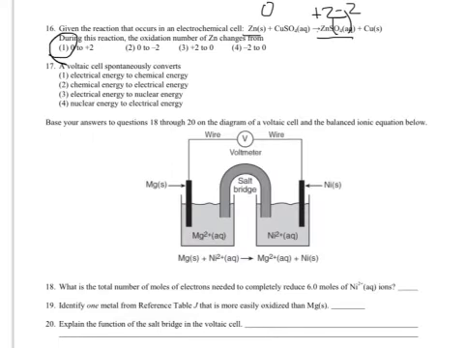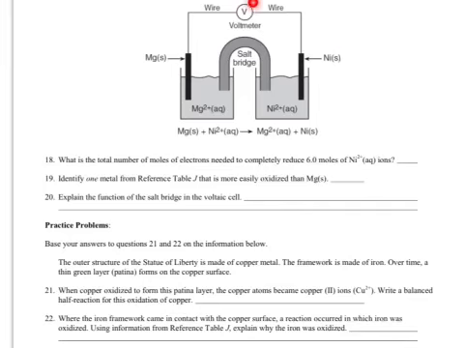The next question asks about the operation of a voltaic cell. Now, this is a simple definition question, and we know that voltaic cells are spontaneous reactions where chemicals are turned into electricity. The next question refers to this diagram of a voltaic cell. Remember, we can tell that it's voltaic because it has a voltmeter, a salt bridge, and 2 separate containers. The first question asks, what is the total number of moles of electrons needed to reduce 6 moles of